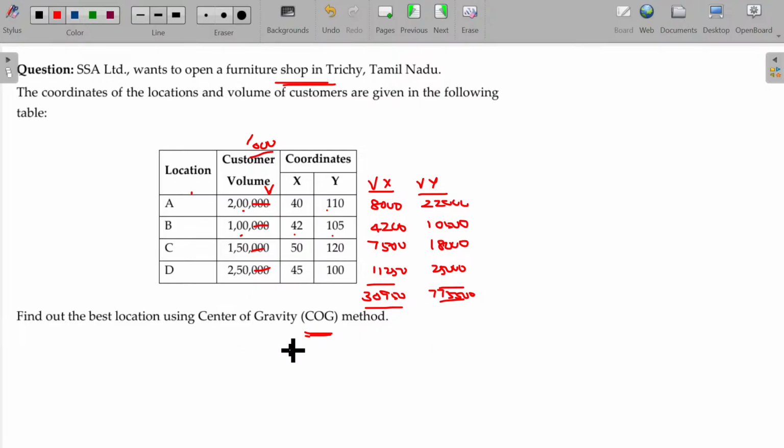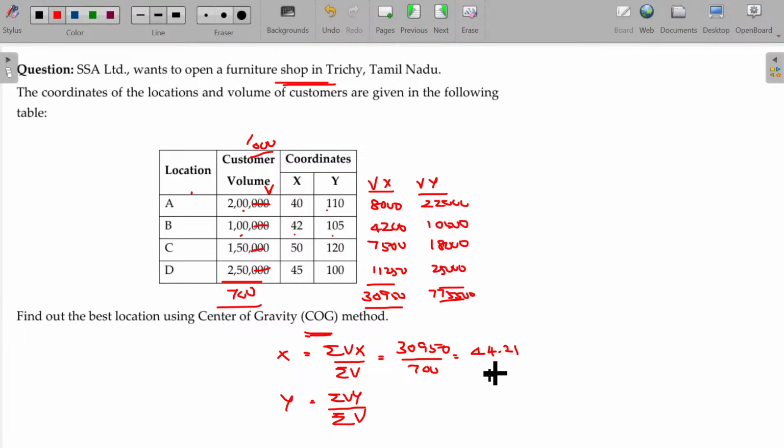Now you have to find out the x-axis. X coordinate is equal to summation of Vx divided by summation of V. Y will be equal to summation of Vy divided by summation of V. First, understand the calculation. I will explain the part later on. So, summation of Vx being 30,950 and summation of V being 700. So I divide this by 700, then the value being